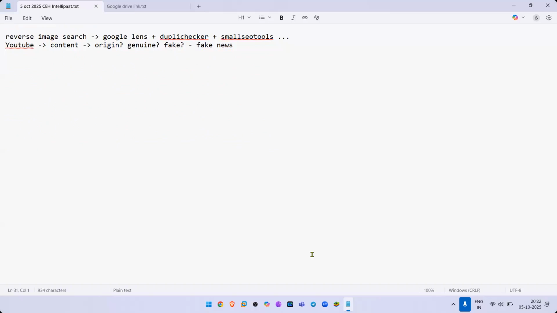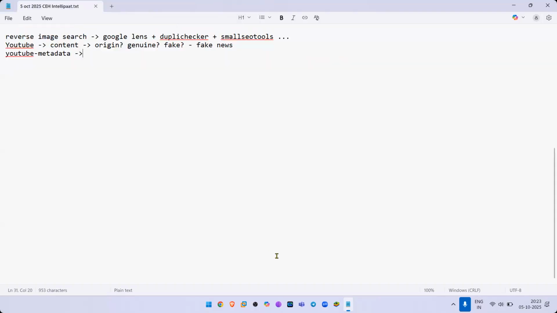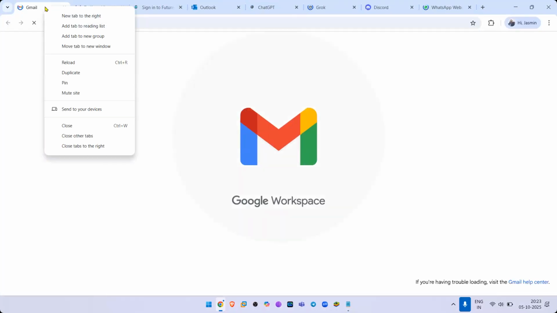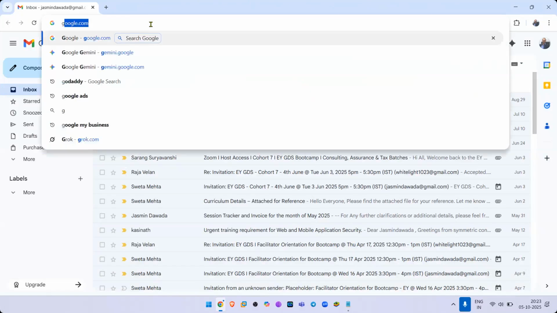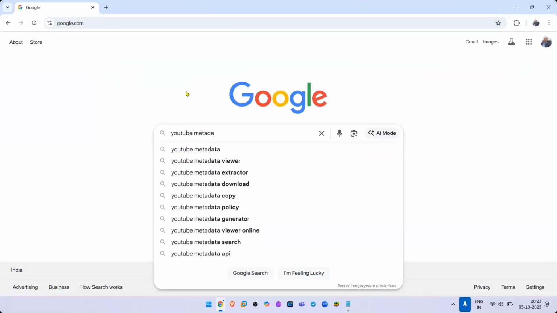So what you can do is go to a website that is measuring YouTube metadata. First I'll take you to the website and then I'll give you the explanation behind it. Let's just jump in over there. Let's go to Google, search for YouTube metadata.